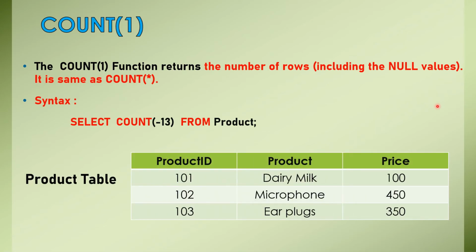Suppose you are having this product table, and whenever you are writing count 1, listen to it very carefully. Don't skip this video, because if you skip any part, you will miss very important concepts, and you won't be able to answer during your interviews. Whenever you are writing count 1, how does this function generally work? What is the algorithm behind it? Suppose it goes to the first record and says, okay, it is valid, so I will give a 1 value to this record, meaning it is accepted.